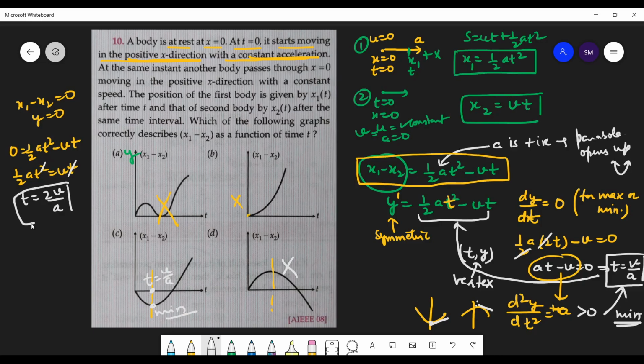Very good. See students, it's very important to participate in the class. Always speak. Okay? Don't miss a chance to participate. So t is equals to 2v by a. Means when y is equals to 0, your coordinates will be 2v by a and 0. So tell me,